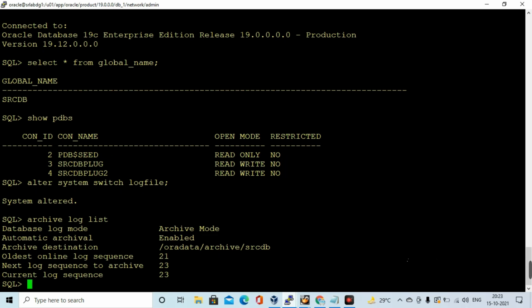You need to create it manually. After validating the lag and that logs are applying, you need to create the temp file for the newly created PDB on the standby site. It won't copy automatically.